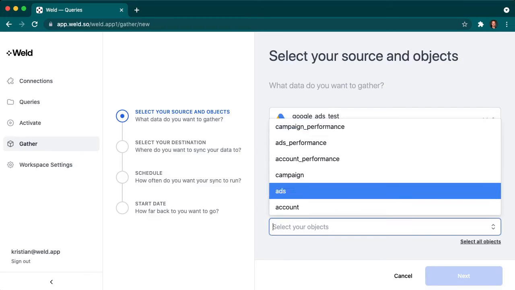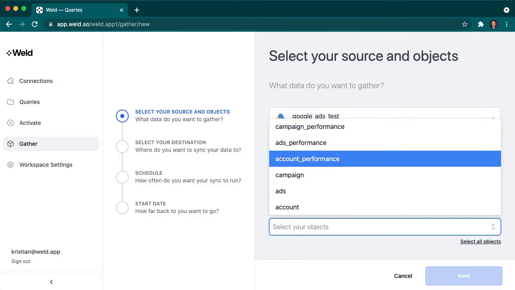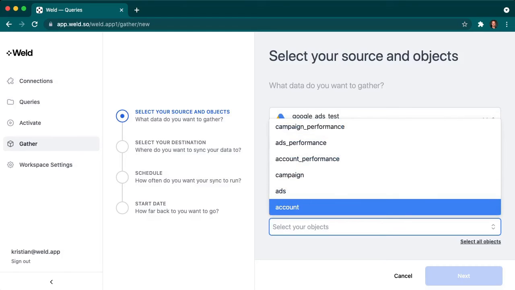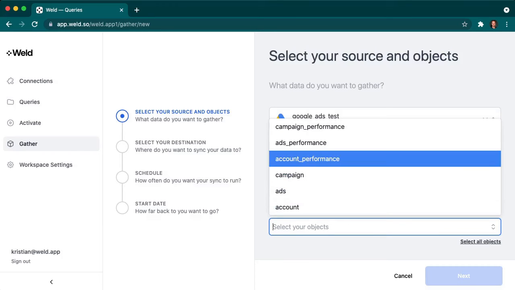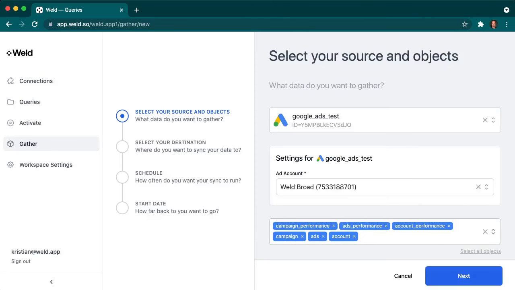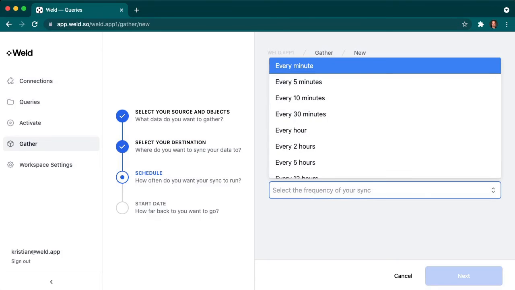And then you basically get access to the different scopes that we have. These scopes are different reports that are taken directly from Google Ads' own documentation, the performance, and then we have the more metadata for those ones. So the campaign metadata, the ads metadata, the account metadata, and then you get the day-by-day performance rate on these ones. Let's just try to select all of them. We go on, it selects BigQuery automatically because I only have one data warehouse here. This is the one we want to use, so we go to next,